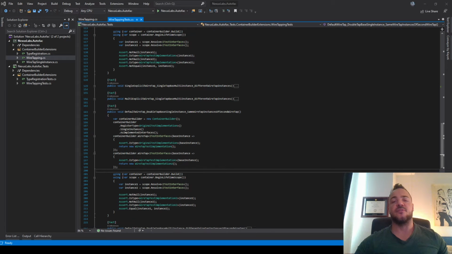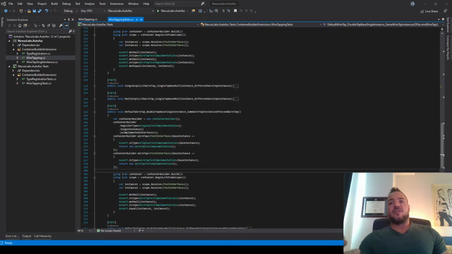that I'm putting together regarding this idea of something called wiretapping in Autofac. I saw the name online for trying to implement a feature like this, so I've kind of just assumed it. So I'm going to put a link to the original video so you can click through if you didn't see it already. But just to touch on what wiretapping actually is and why this came up in the first place.